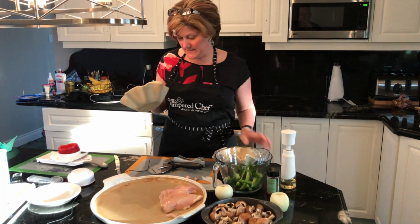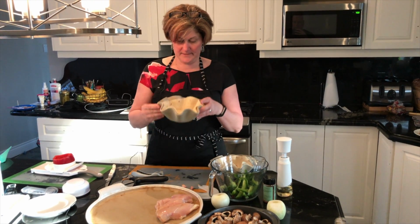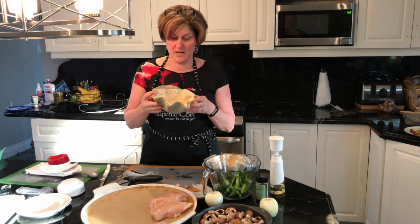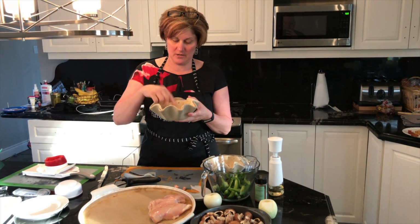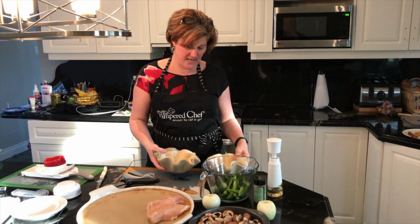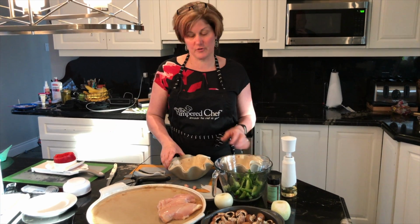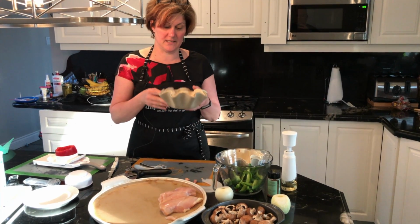because these take ordinary tortillas that you buy in the grocery store. You put it in our tortilla baker, you poke it with a fork in a couple of places so the holes can escape. And you put it in an oven for 15 minutes at 425, and you have a really nice tortilla bowl,